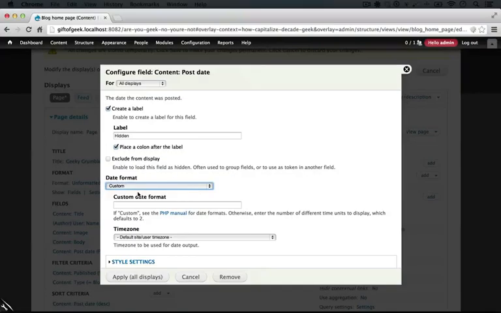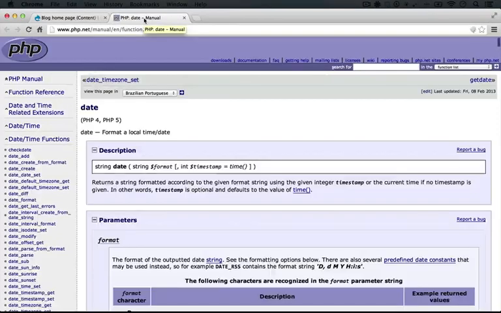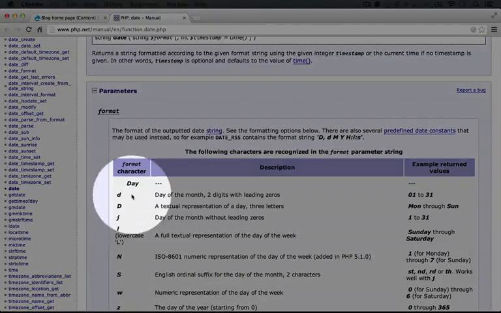So here things get a little bit interesting with the date. We can actually specify the individual parts that we want for this format. And we can click this PHP manual link in order to open up a new page that includes the tokens that we can use in this format. This might look a little bit confusing at first, but let me describe a couple of these items and it will become clear. So here in this column is the character that we use to represent the token.